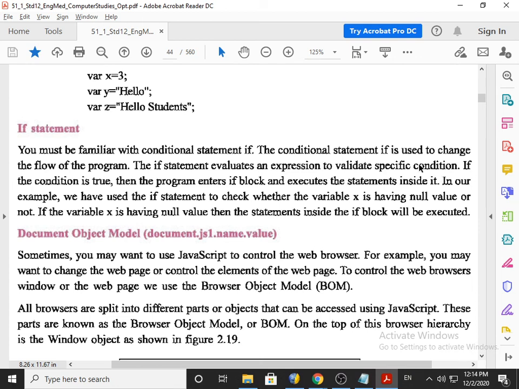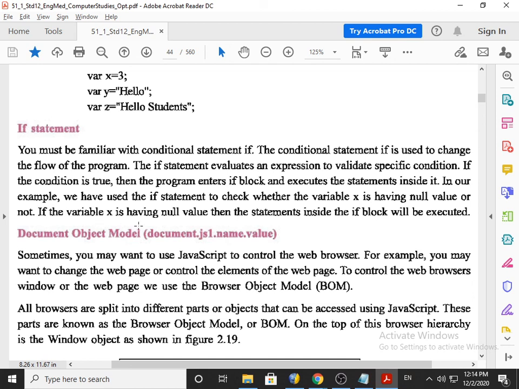Please underline: if the condition is true, then the program enters the block, meaning the curly bracket, and executes the statements inside the block. If it is false, it will skip the block and go to else. In our example, we have used the if statement to check whether the variable x has a null value or not.